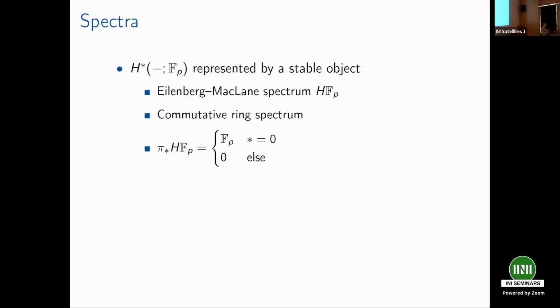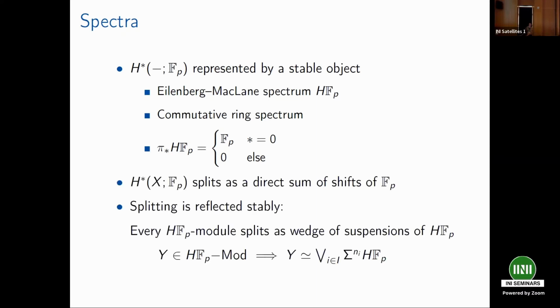Okay, so now I want to move to the world of spectra and talk about the stable setting. This cohomology, say with Fp coefficients, is represented by a stable object. I call this an Eilenberg MacLane spectrum, HFp, and you can think of this as taking all of the Eilenberg MacLane spaces together. It's a particularly nice spectrum. We're working with coefficients in a field, and that tells us that we have a commutative ring spectrum. It's defined by the property that its homotopy is just Fp concentrated in degree 0, to reflect our cohomological